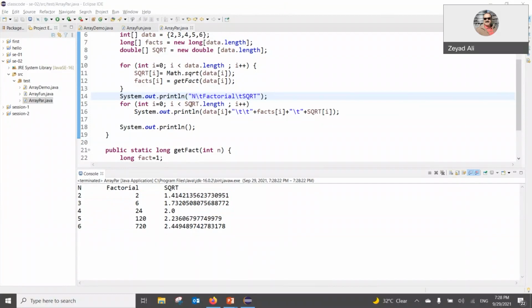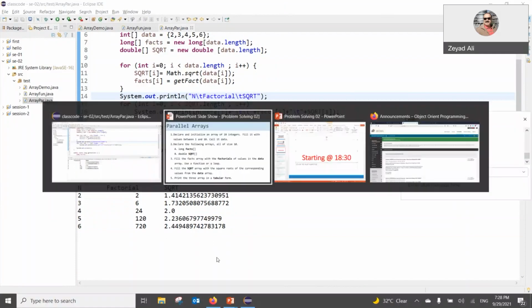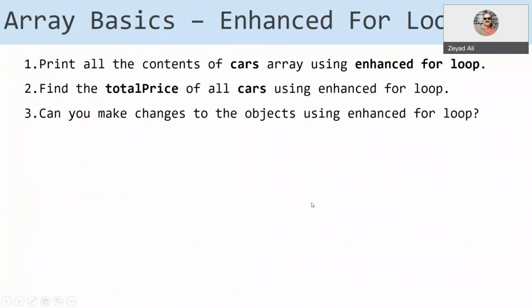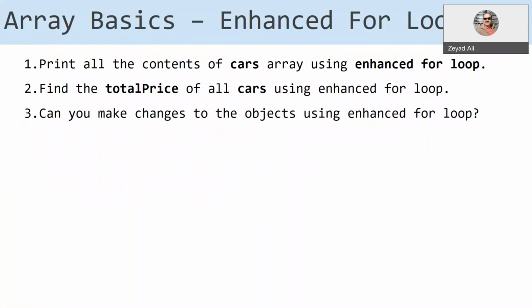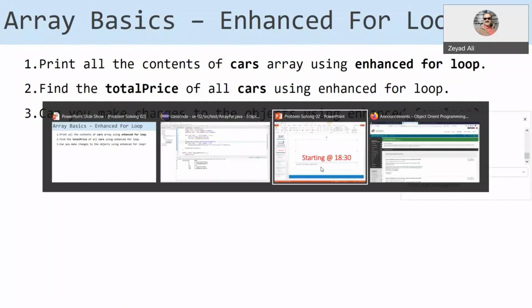What I'm going to do, I will see the next question, and I will decide if I stop here or continue. Arrays of objects. I believe I will stop here. I will record a separate video myself for arrays of objects and how to work with arrays of objects. So what I want you to do is, if